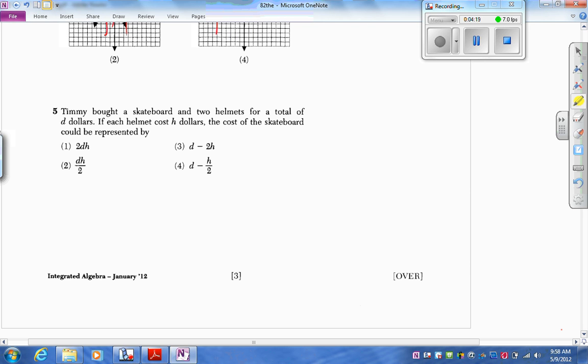Timmy bought a skateboard and 2 helmets for a total of $D. If each helmet costs H dollars, the cost of the skateboard could be represented by what? He bought a skateboard and 2 helmets. So he bought 1 skateboard